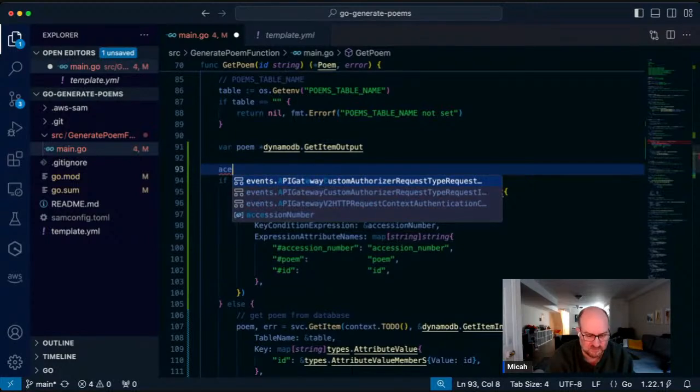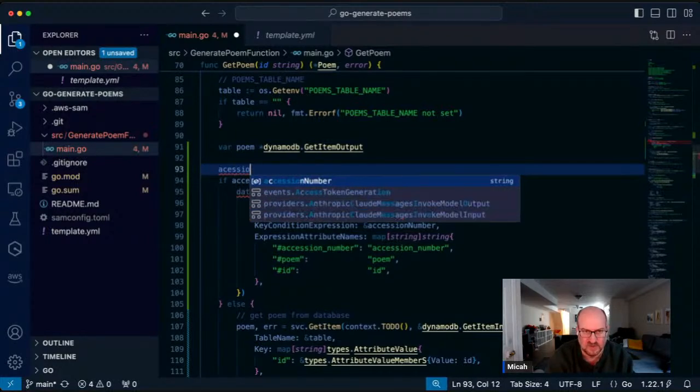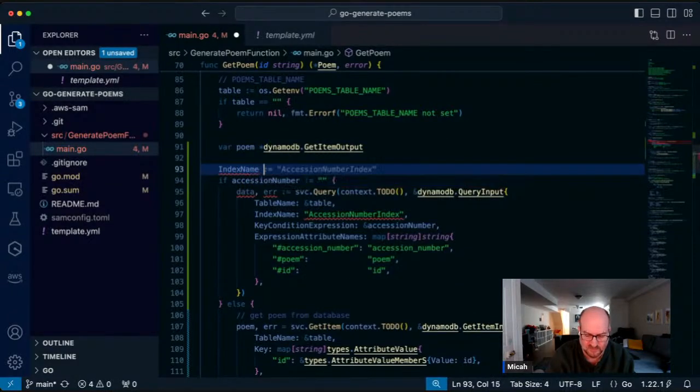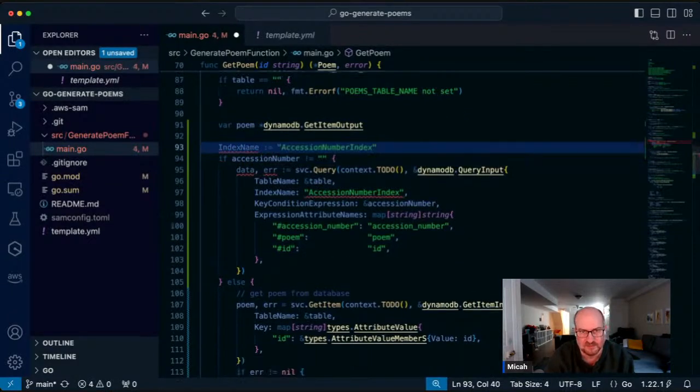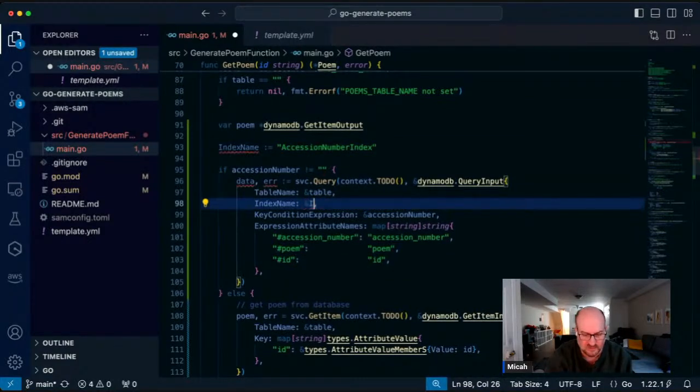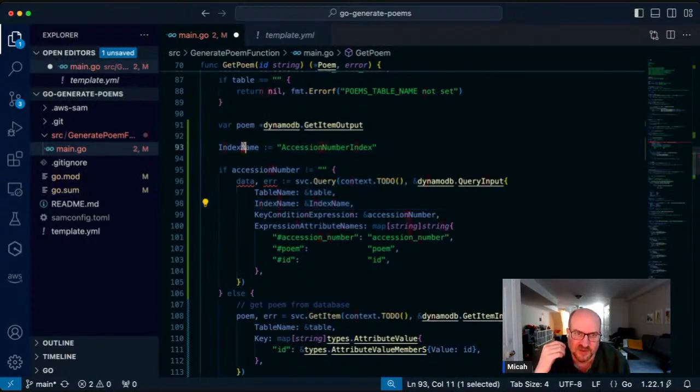Let's do this. Index name. And then we'll put here, it needs to be a pointer. Okay, so that works. I want to talk about pointers eventually here, but for now, it's dereferencing. It's pointing to the memory area.